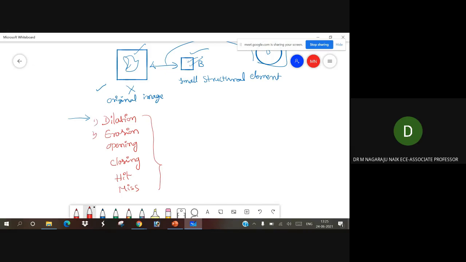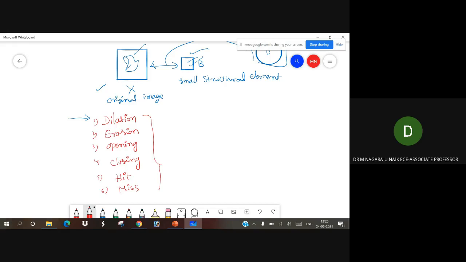Dilation, erosion, opening, closing, hit or miss. So we have six types of methods available to explore the morphological models in a systematic manner.